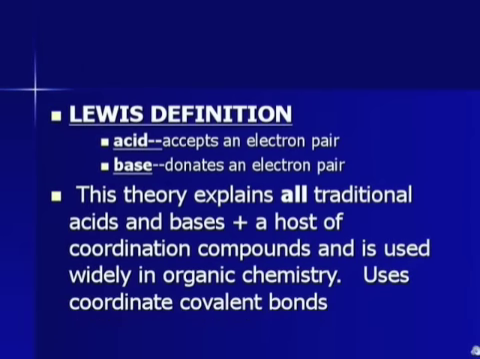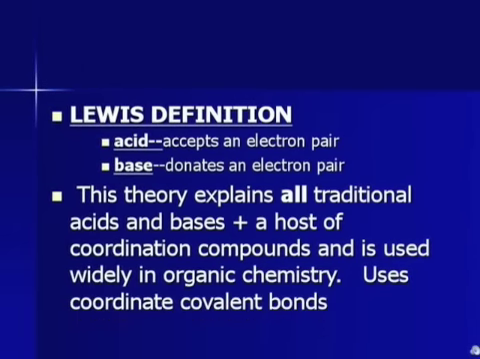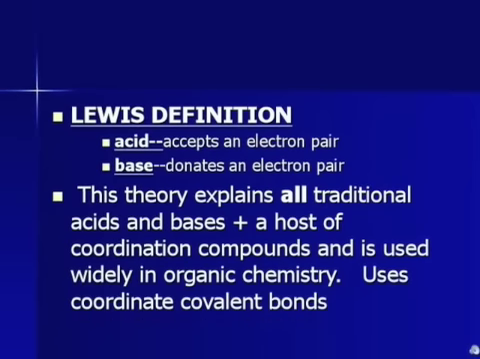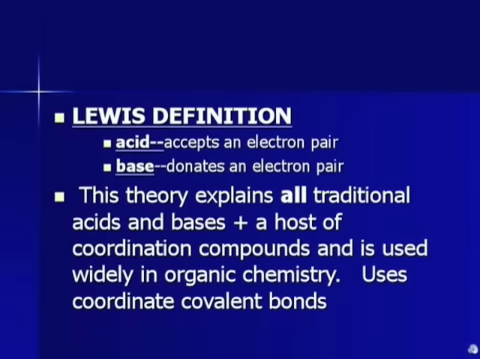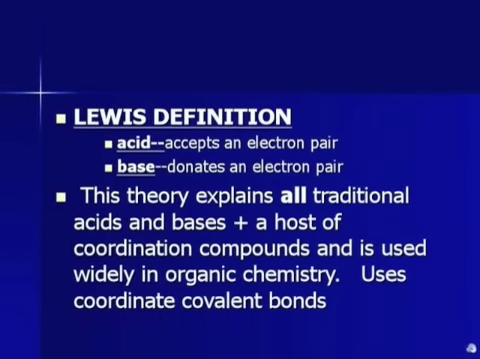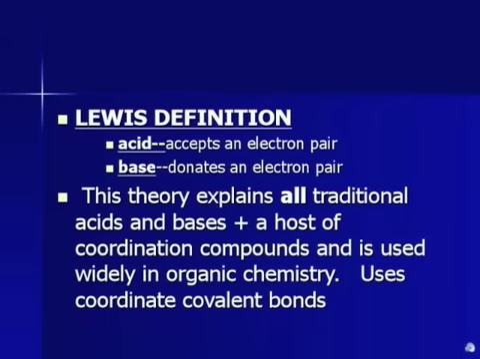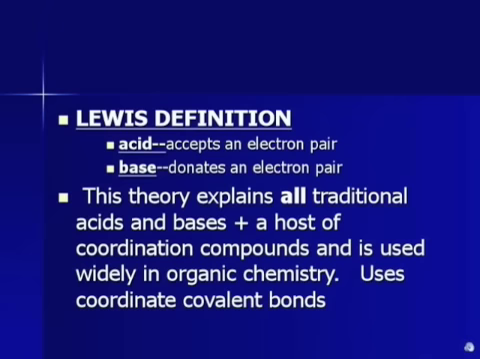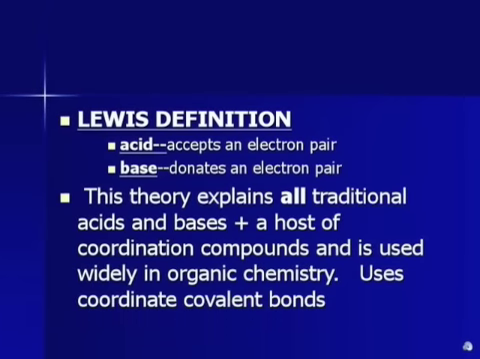This explains all traditional acids and bases and a host of coordination compounds, and is used widely in organic chemistry. It uses what are called coordinate covalent bonds, and we'll talk about those when we get back. The reason why we don't use this as much in this class is because for our purposes in equilibrium, we're not going to deal with coordination compounds. So we need to know this definition, and you will use it in organic chemistry, but you won't see it really being applied